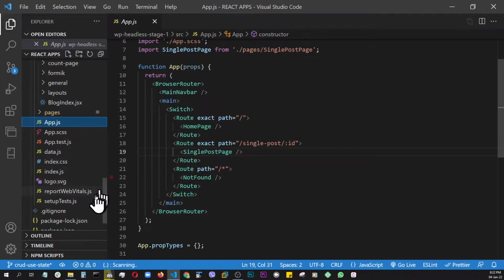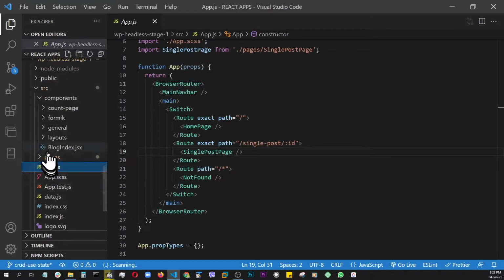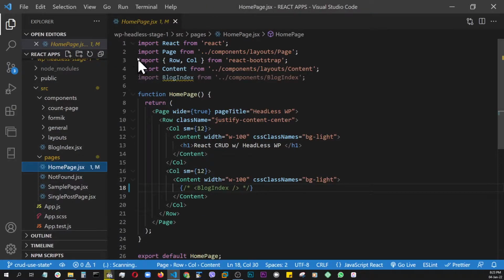So let's go check out first some of the layout stuff. Actually, let's look at the home page. Here you can see, besides React, I have some of the layout stuff. I'm using React Bootstrap. From there, I'm bringing in the Row and Col. And this is a Page component that I've already built, and the Content. And as you can see, the whole content is wrapped around with Page and Row, Col coming from React Bootstrap, and Content is coming from my own layout